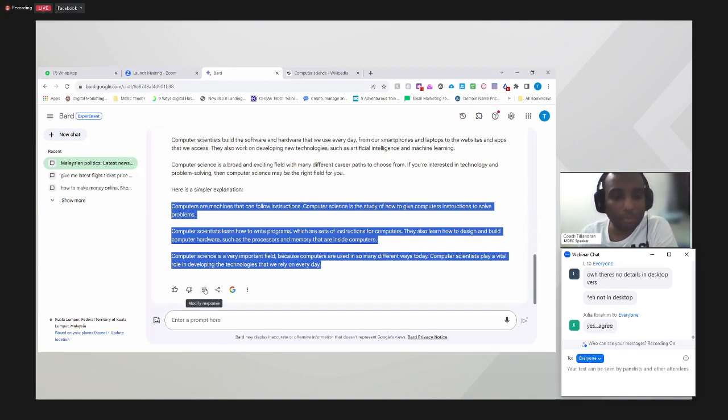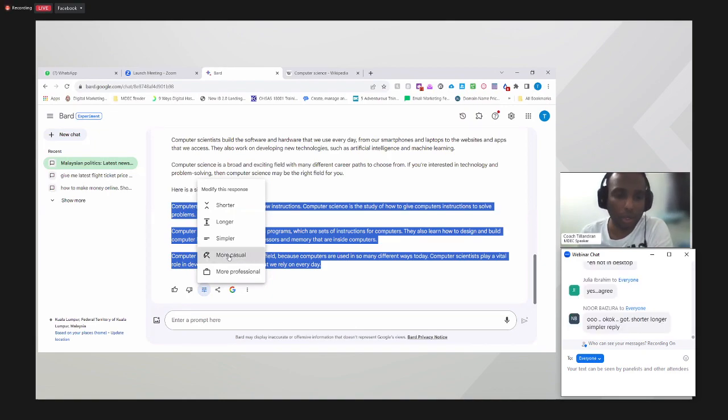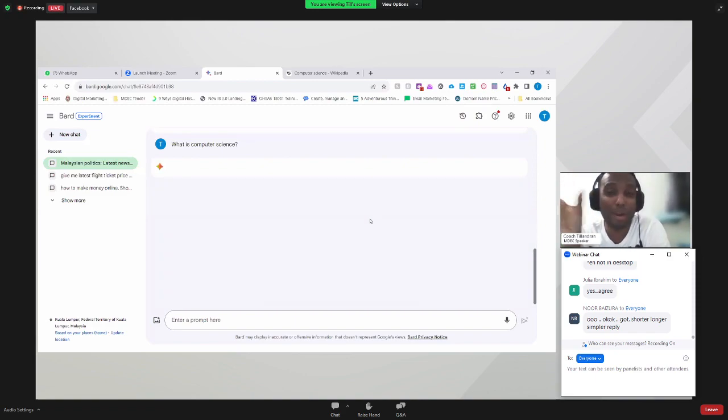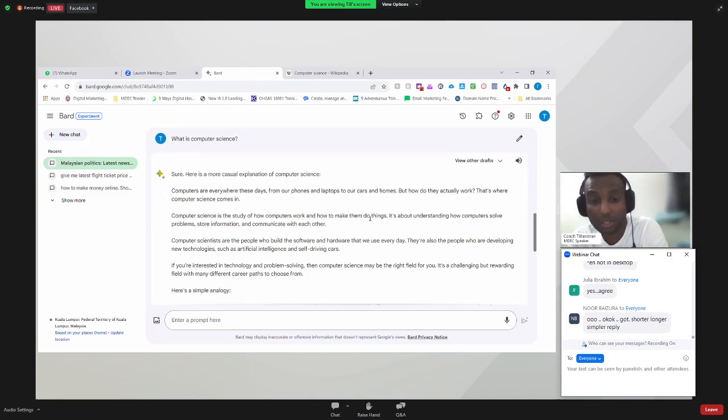Okay. Next, we go to modify response again. And katakan you nak answer which is not technical. You nak a simple answer which is casual. I call it lah. You know. So you can also get a casual answer. All right. So for the same questions, you can get a casual answer which will not have much technology punya terms lah. Dia akan pergi kepada more to general punya terms.